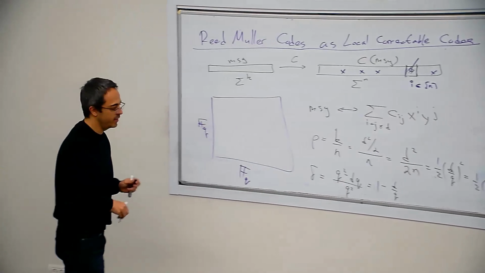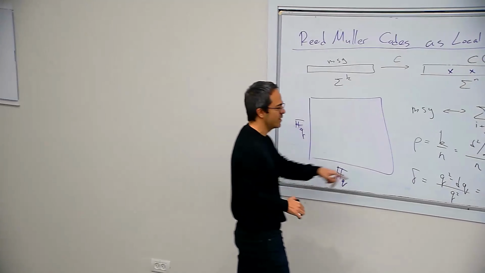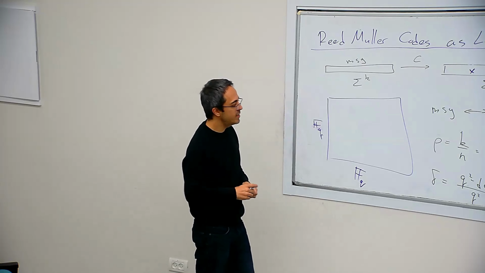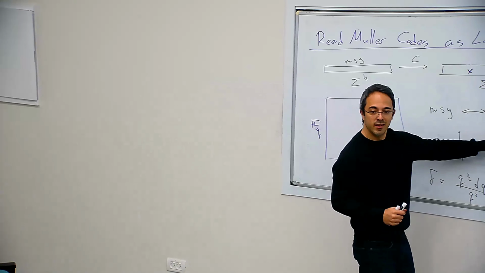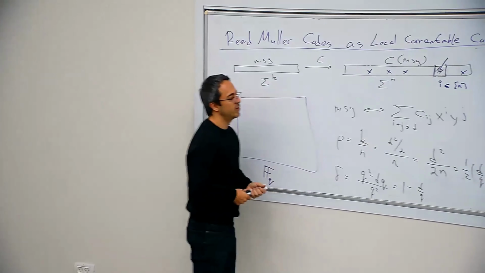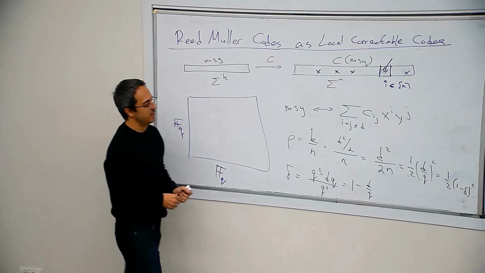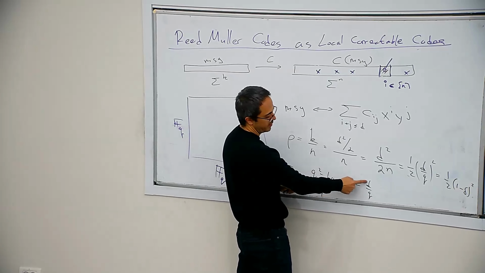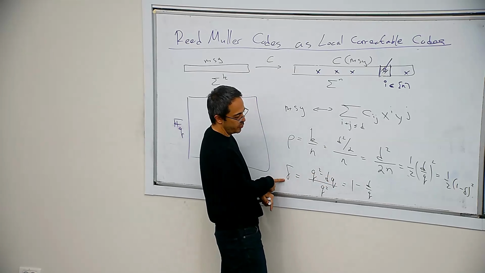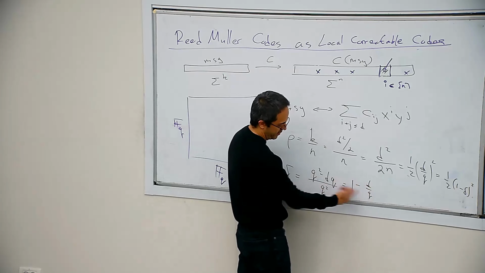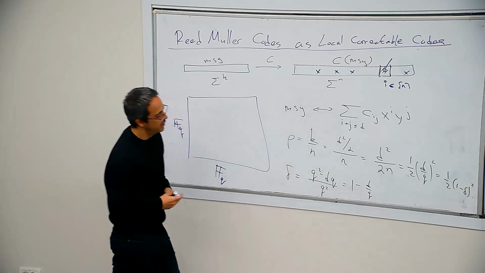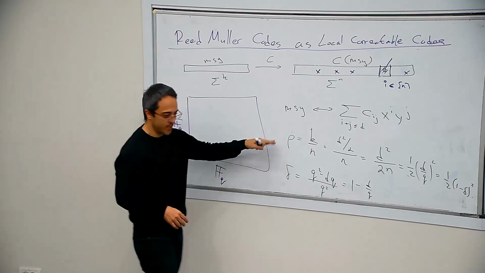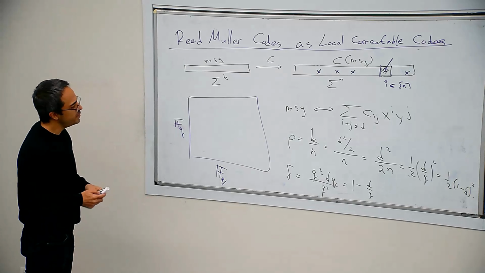Right, that was the relation between the relative distance and the rate of the code. What is D? The degree. I'm looking at degree D bivariate polynomials. Initially it was a parameter, but then we figured out the relation. So if you have a delta in mind which you want to shoot at, then you set D such that this will work, and then the rate will be this. Or maybe you want the rate, and then you infer the distance. This is a parameter. It's fixed.